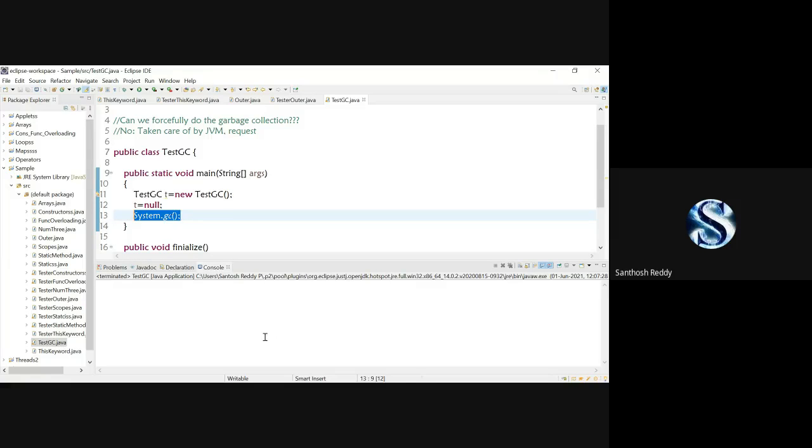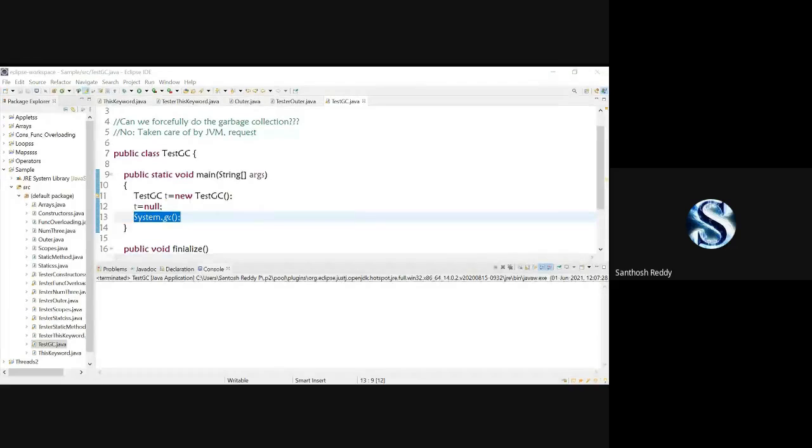Students, is it clear for everyone how to call the garbage collection method?